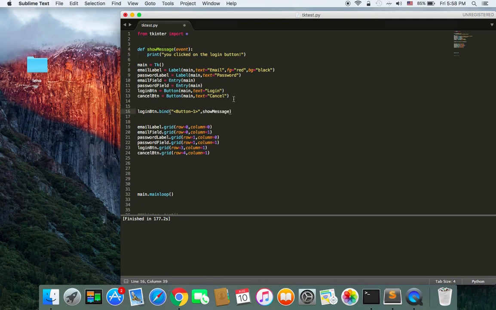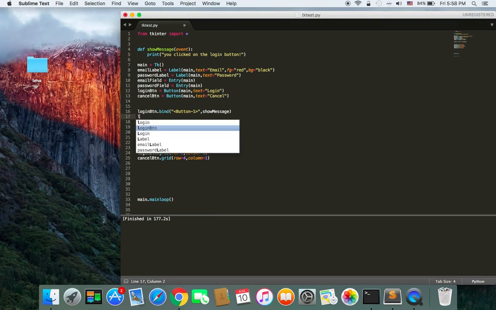And be careful here, don't type the braces here. We don't need this, only the function itself without the braces. And the last thing is you need to call the pack function,